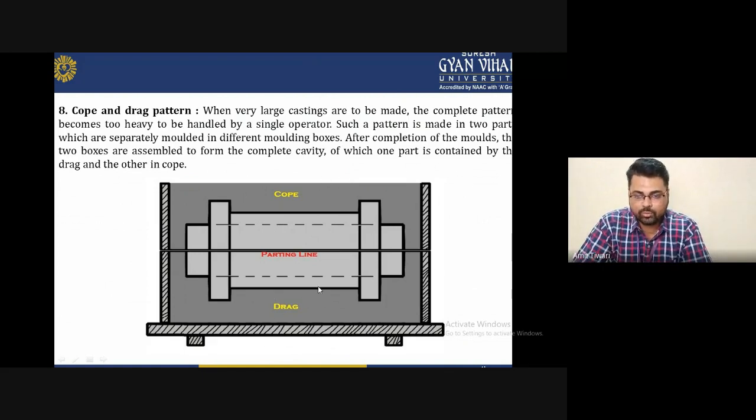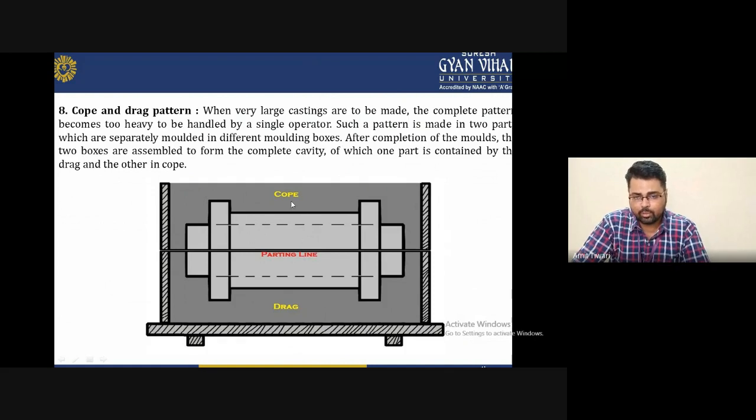Generally the upper portion is the cope and the lower portion is the drag, and you join the two with the help of a key and they are tightly fixed. There is no transfer of air from inside to outside, and it is easy to construct, so I prefer this type of cope and drag pattern for casting. It is very popular and every industry now prefers this type of pattern because it is easy to construct and fabricate any type of casting with a given format.